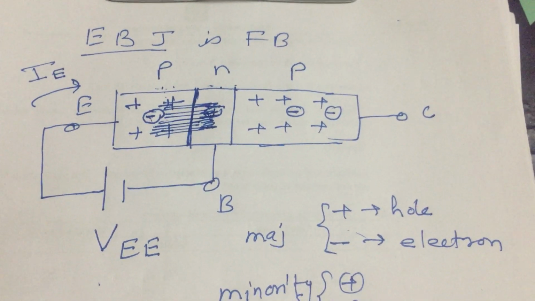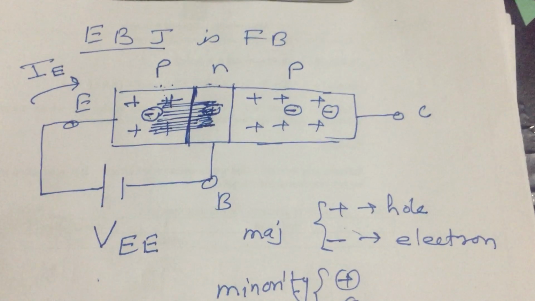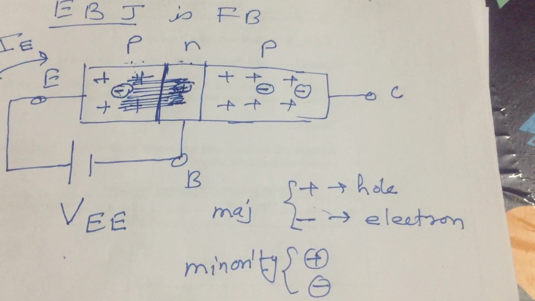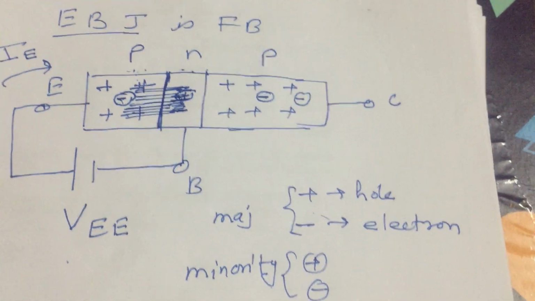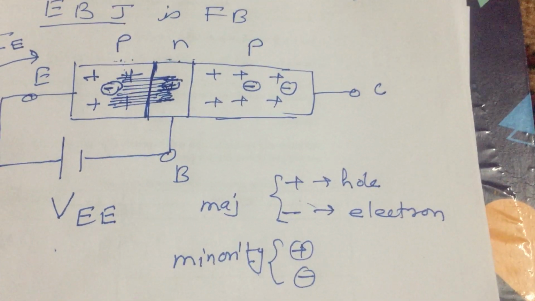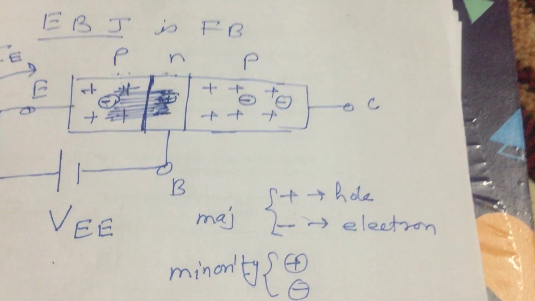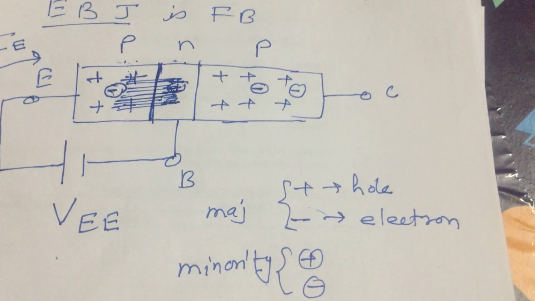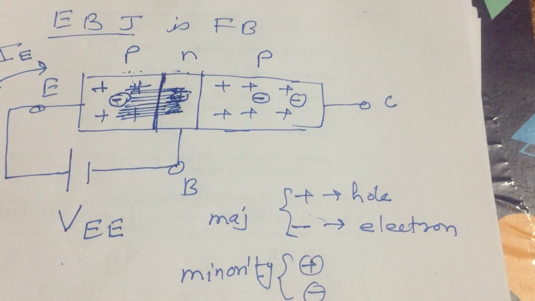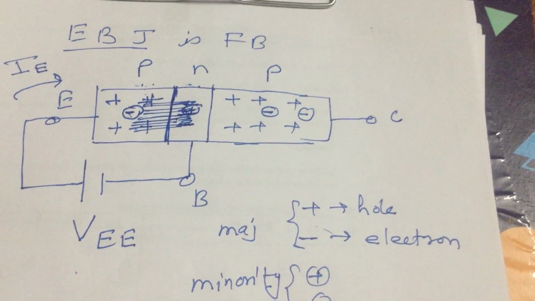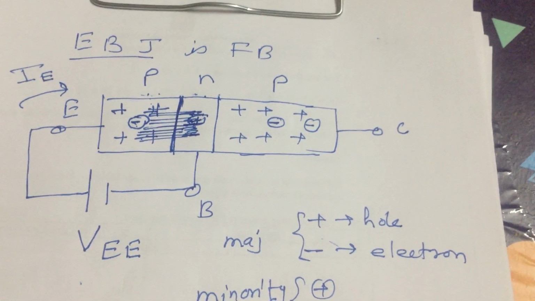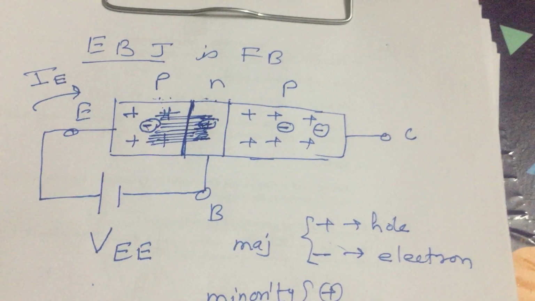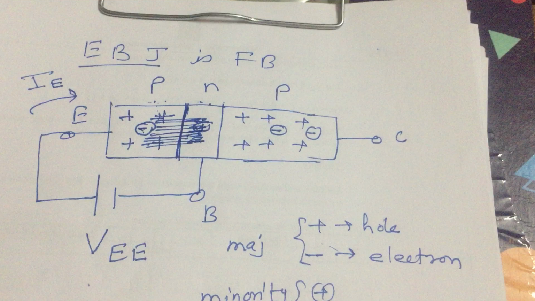It is a diode, PN diode, and forward bias PN diode. A very small depletion layer exists between emitter and base, and the holes, which are the majority in the P-type semiconductor, can easily cross the junction. Holes will reach from emitter to base. They will be projected from here, restricted only by very small resistance. And this is the emitter current.